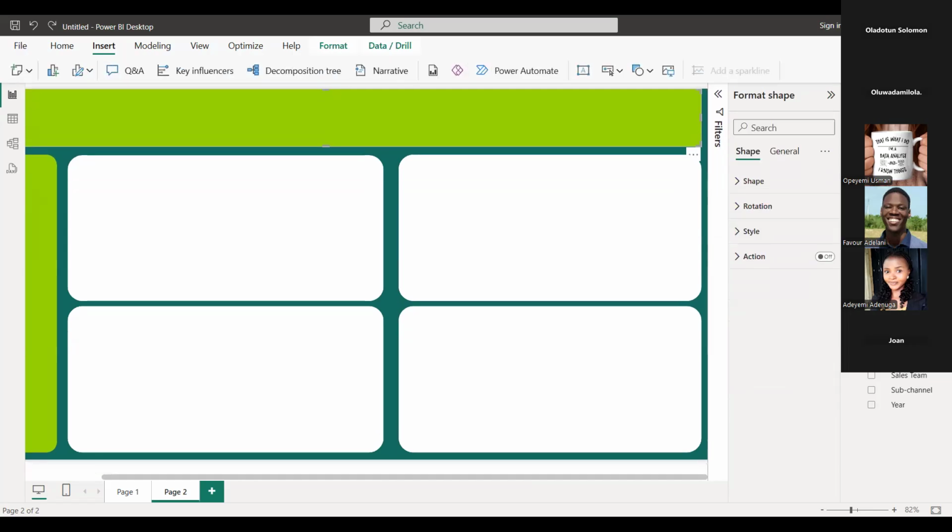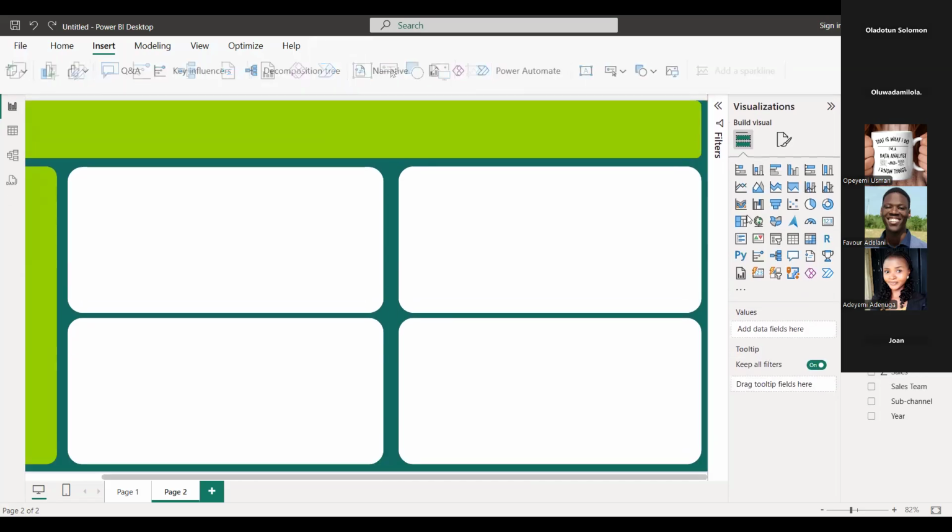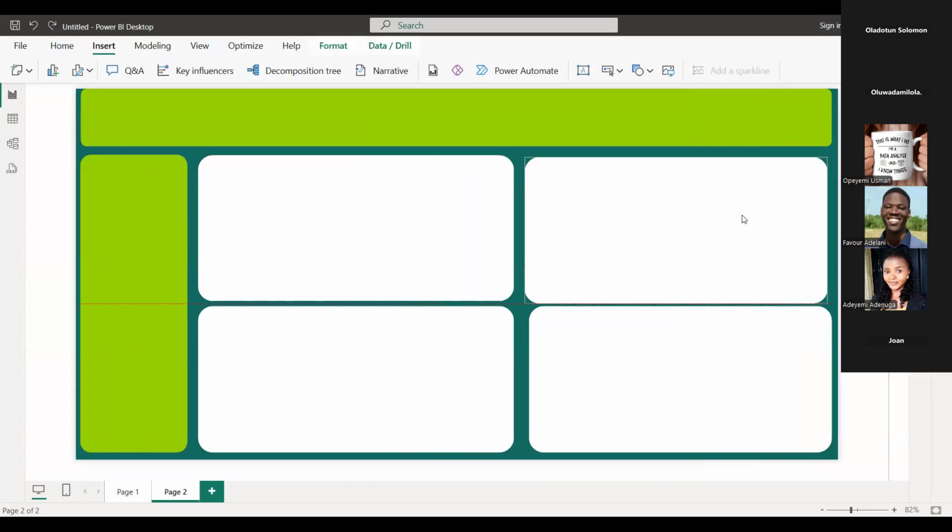Now, one major thing that might hinder your work when you lay your framework yourself in Power BI is that all the shapes are still alive. If you move your pointer on them now, they will still move. So the way I go about it is after laying the background, to ensure that these objects are not alive, you will take a screenshot, a snip of this, and then insert it as an image. So I'm going to do that now.